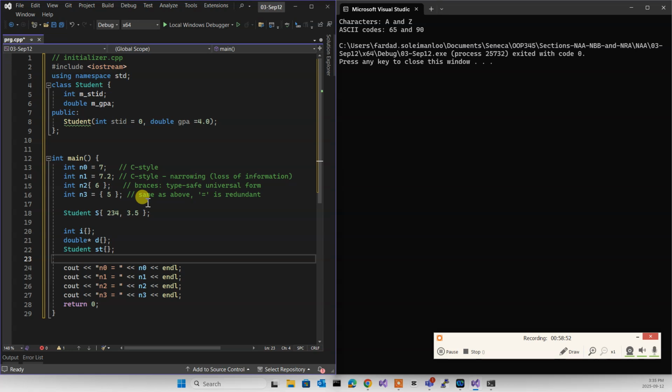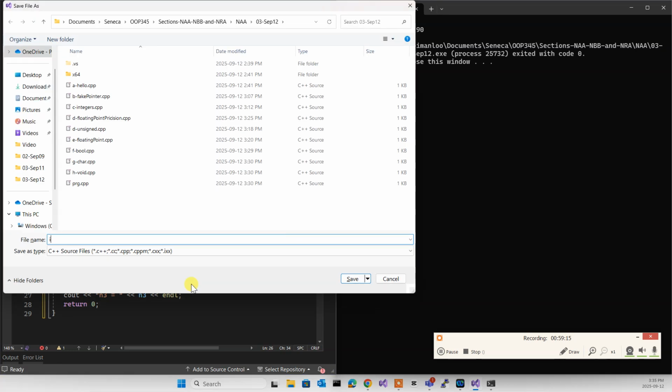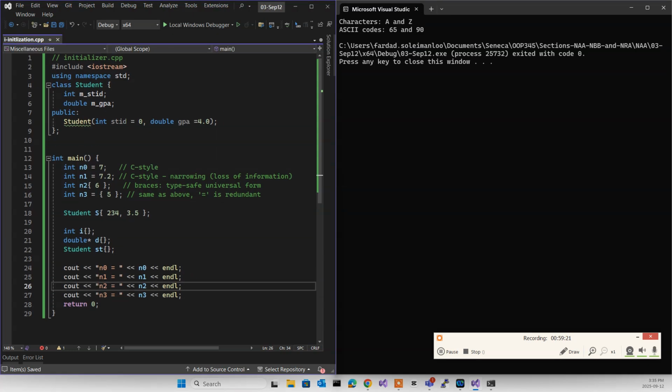The integer becomes 0, the pointer becomes null pointer, and the student becomes the default constructor, whatever it is. Okay? Are we okay? That's the universal way of initialization. So this initialization is something that you need to use from now on. You can put an assignment in front of it, but you don't need to. This is just fine.